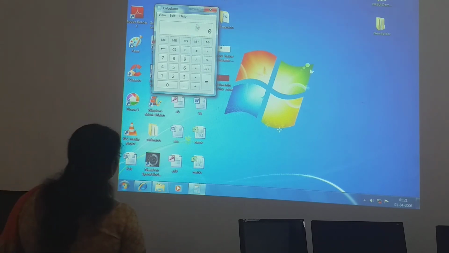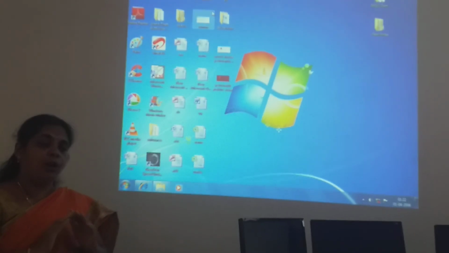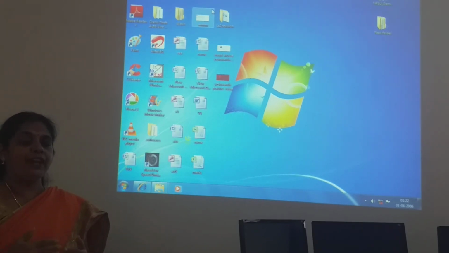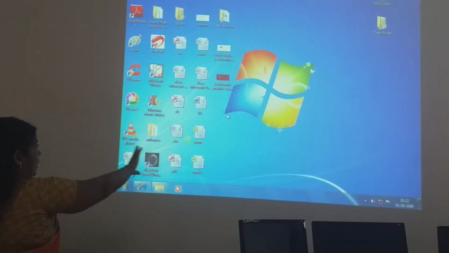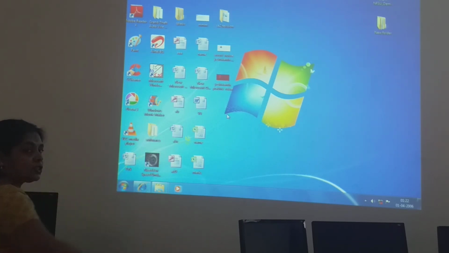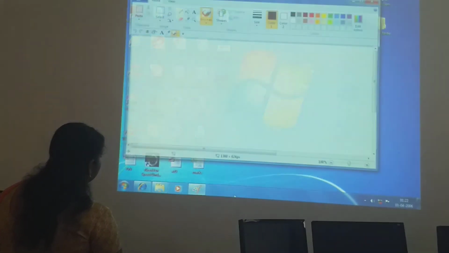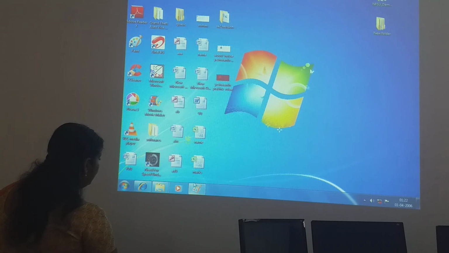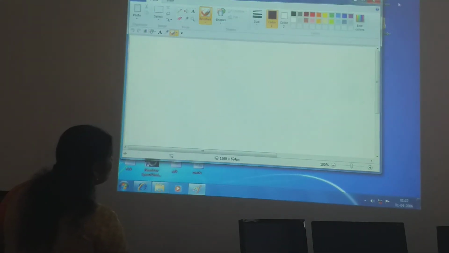Then I am going to show you, children, how to turn off the computer. It is very, very important how you properly switch on. There is a proper way to switch off also. That one you will learn now. So first, whatever applications are there, they should be closed. Children, there should not be any applications open here. See, suppose I am opening Paint. Opening Paint. See, this application is open here. So first what I have to do, I have to click like this, close it.